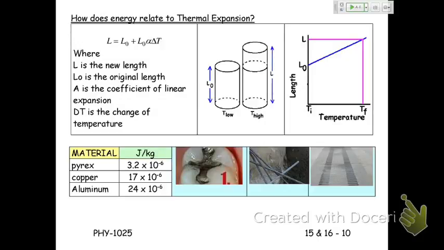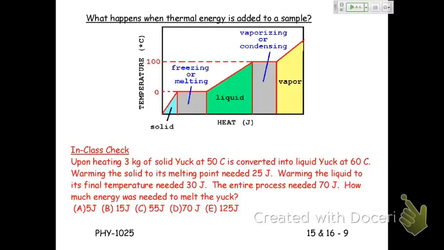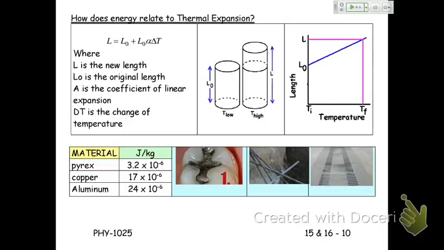So welcome. We're continuing with this particular chapter, and we've just finished talking about what happens when you add heat to a solid, and it warms to its melting temperature. Then it melts, and then the liquid warms to its boiling temperature. Then it boils, and then the vapor warms. We can play various games with that, but there's other physical things that happen when we add heat to something, and one of them, for example, is things